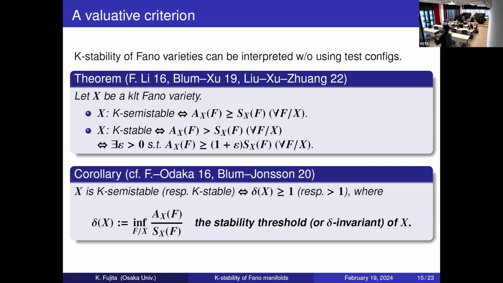I introduced the prime divisor F to be of product type, and K-polystable if and only if A of F is bigger than or equal to S of F, and the equality case holds only if F is of product type. But the notation is not so good. We can rephrase along the context, but it turns out that